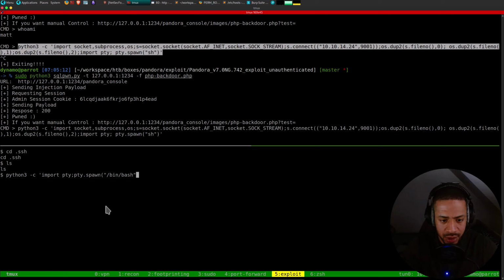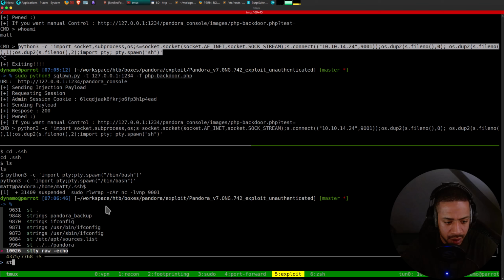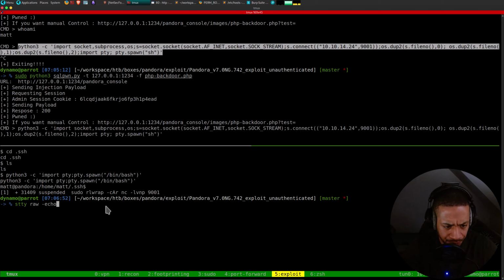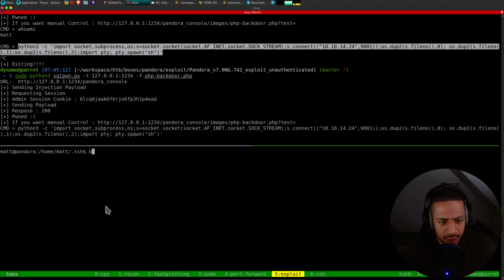Like so. Go back, do, there you go. And then foreground, like so. Do bash. See, and the shell is still not good.